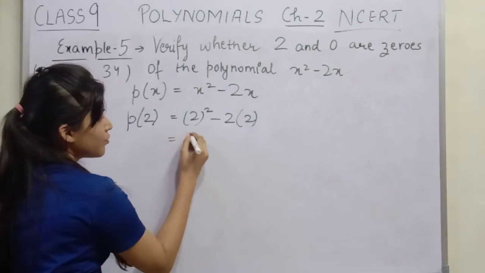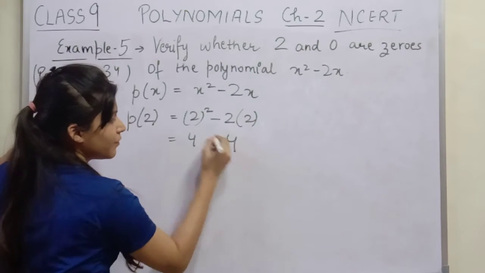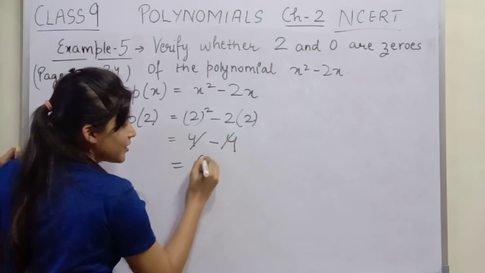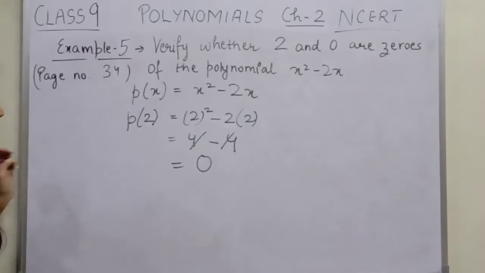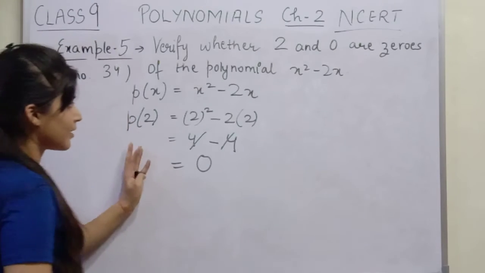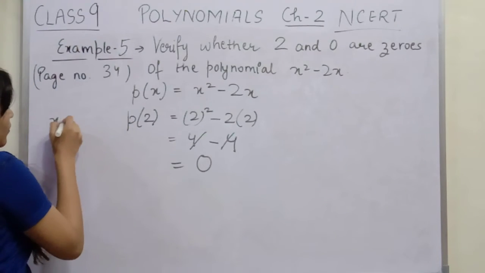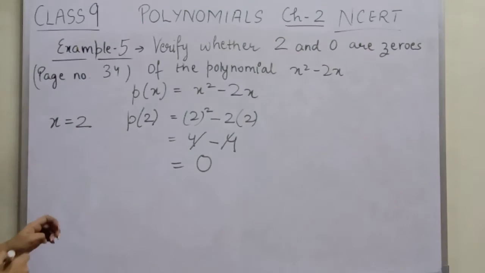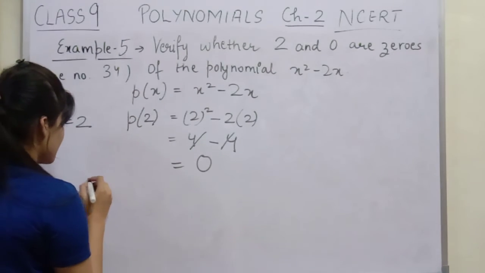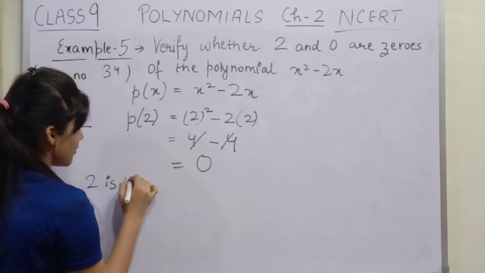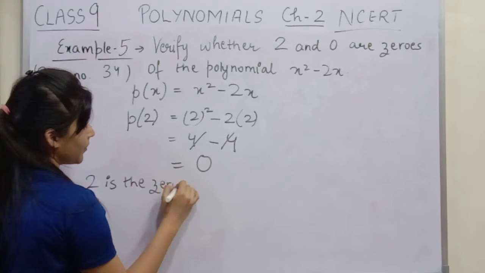So 2 square is 4, minus 4, which is 0. So we got 0 here. It means at x equals 2, 2 is the zero of the polynomial